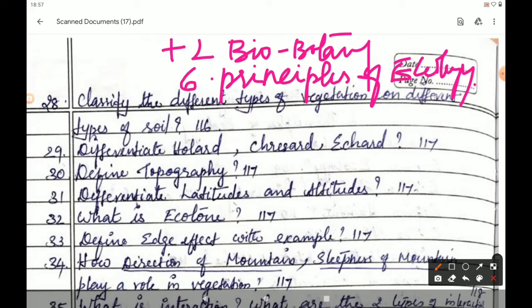Now the 28th question of this class is: classify the different types of vegetation on different types of soil. The answer is given on page number 116 under the heading type of soil, at the bottom right side of the page. From the question itself, you have to write the different types of vegetation on different types of soil. Halophytes